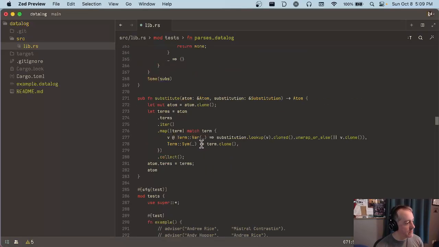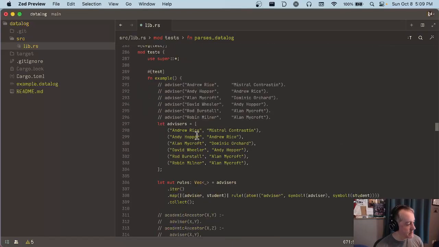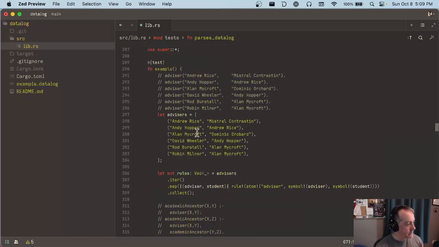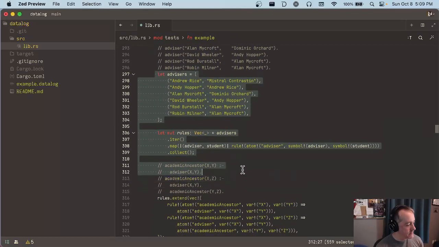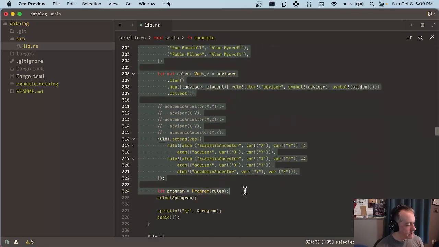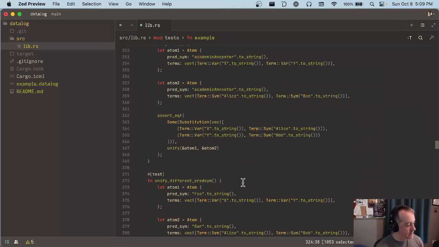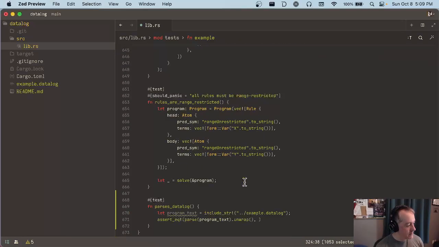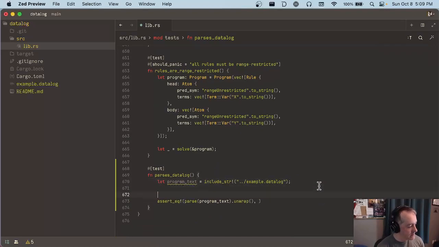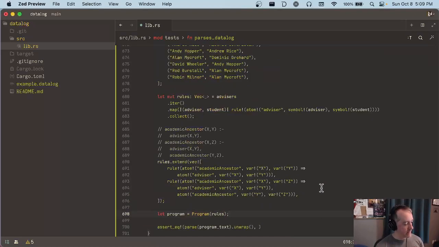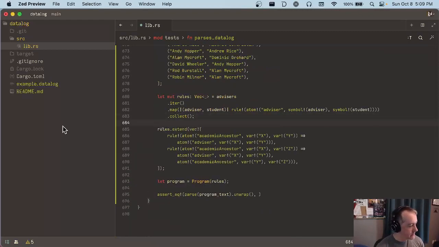So we're going to go up. Where's our example test? Right, so let's take this and just copy pasta here, and we can remove those, right? Because this should be equivalent, right? Program. Okay, so we need to define parse,